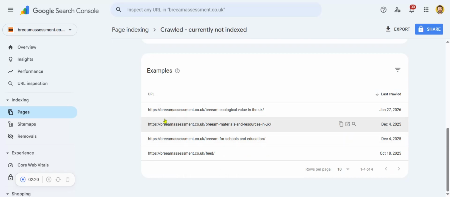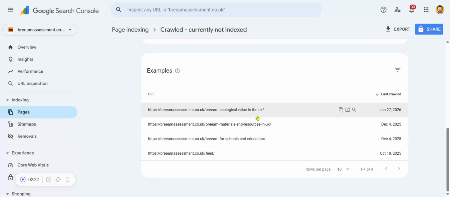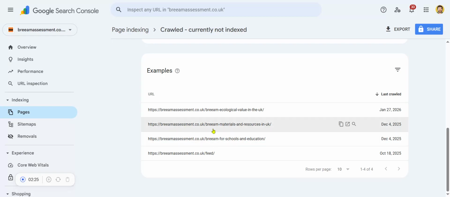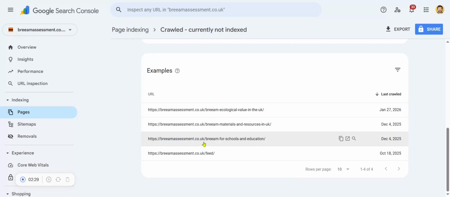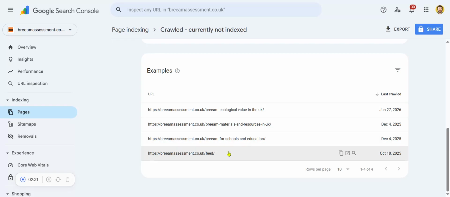We have this blog post here, BRIM ecological value in the UK. We have BRIM materials and resources in the UK. We have BRIM for schools and education, and we have a feed page. So now it's important for us to know what kind of pages should and shouldn't be indexed. And why this is that having the wrong pages indexed can affect your SEO negatively because you don't want people